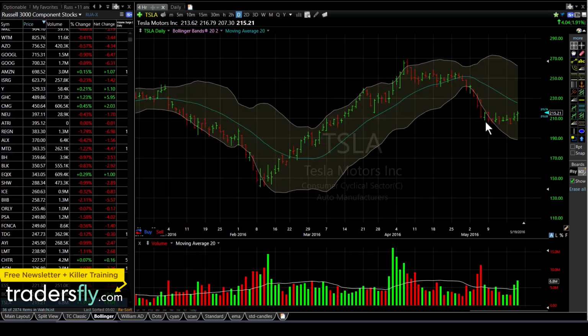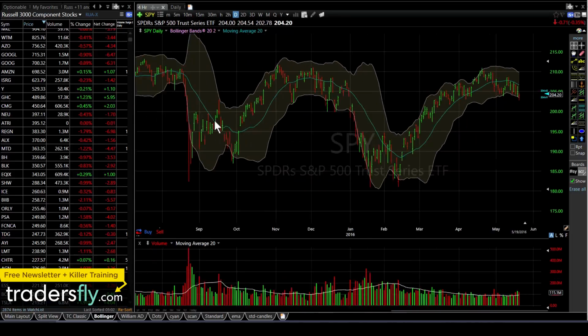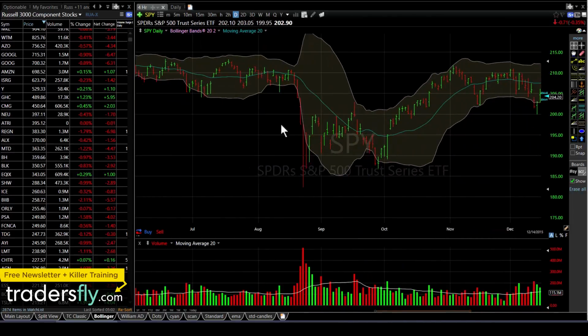So the way I look at this is, are we a little extended? If the answer is yes, then you would say we should have a little consolidation or snap back soon, or we could get a major drop in prices, which is what really happened. You can see that these Bollinger Bands are not always going to work out. So look at it over here.